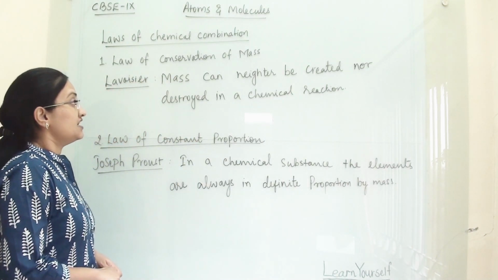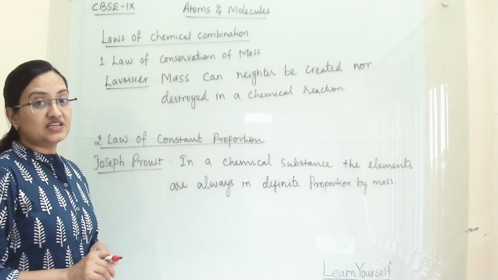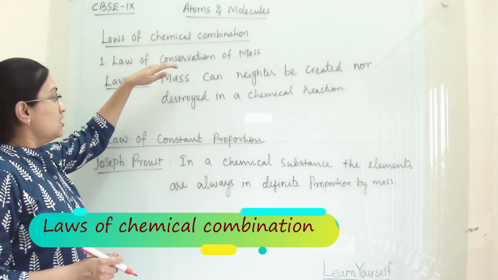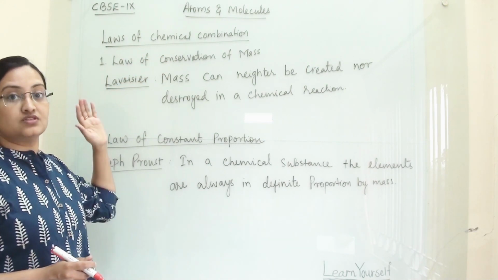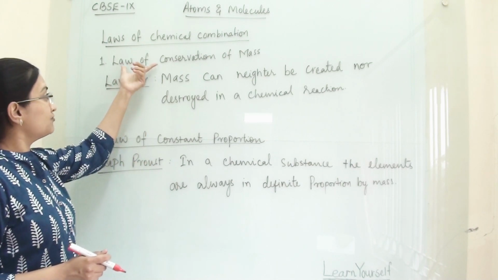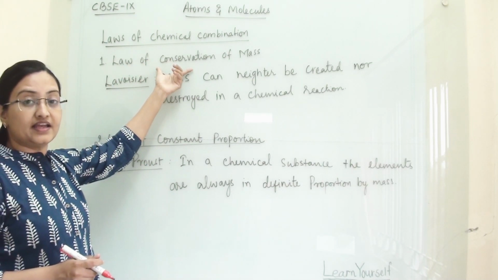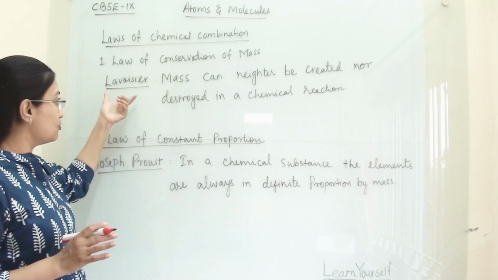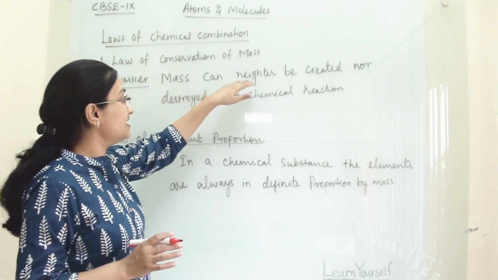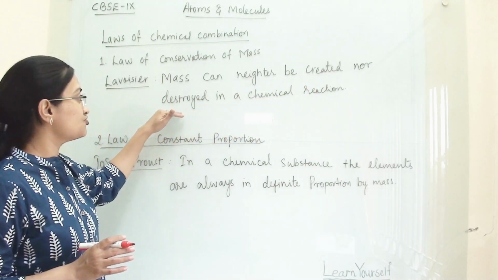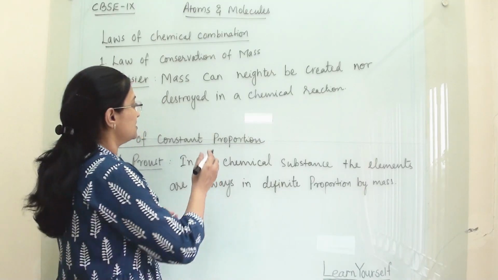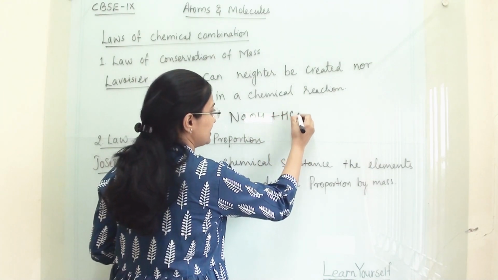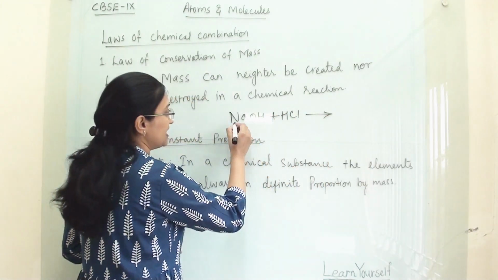So we are starting our chapter with two basic laws. Those are the laws of chemical combination. First of all, Antoine Lavoisier was a scientist who gave the law of conservation of mass and laid the foundation of chemistry. According to Lavoisier's law, mass can neither be created nor destroyed in a chemical reaction. This means if there is an equation like NaOH plus HCl, it will give us NaCl